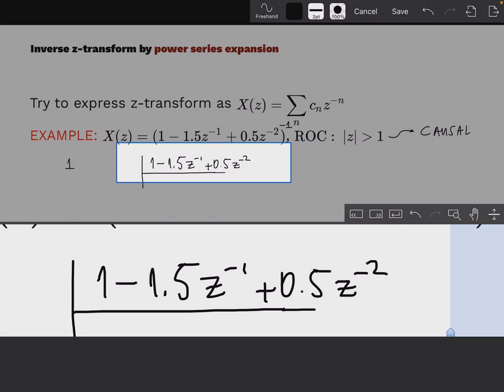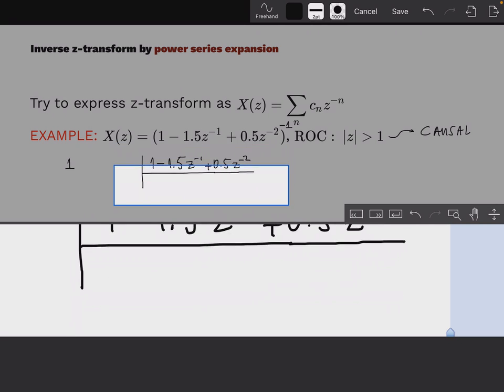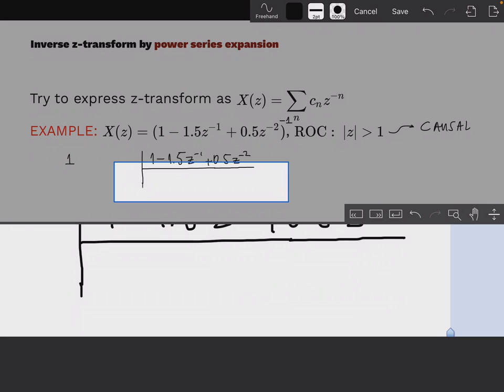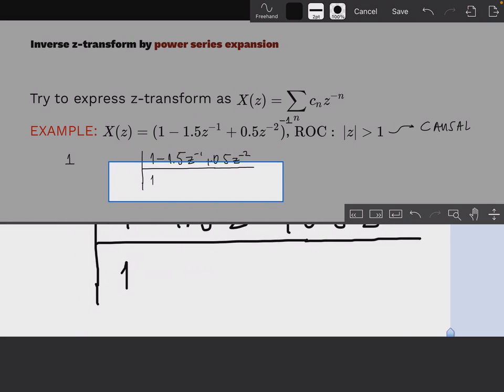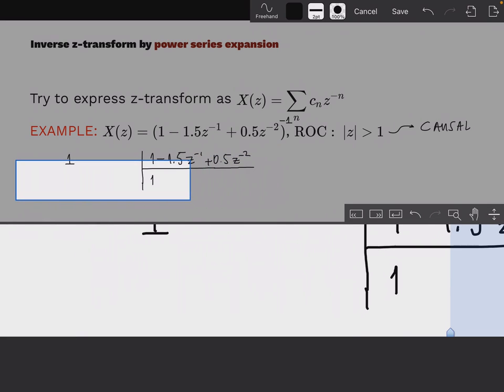So this is really simple division. So how do we proceed with division? Let's have a look. The first term is 1, which means if you multiply our numerator polynomial by 1 and subtract it from the denominator polynomial,